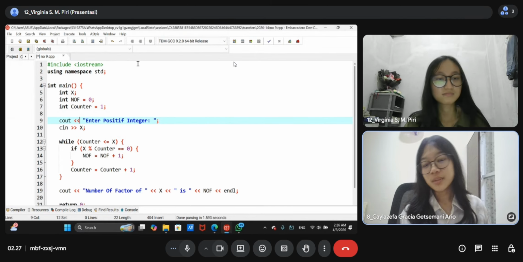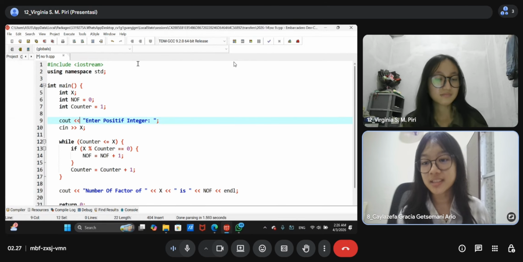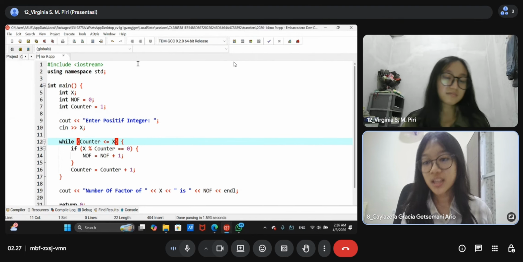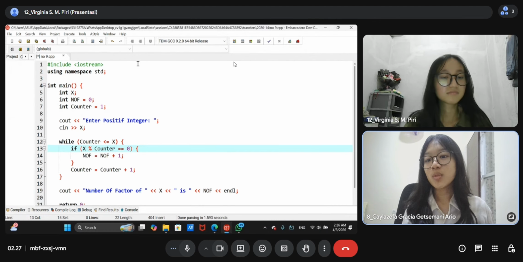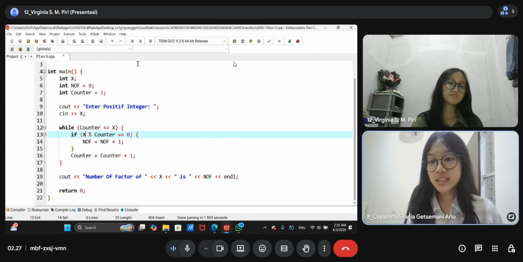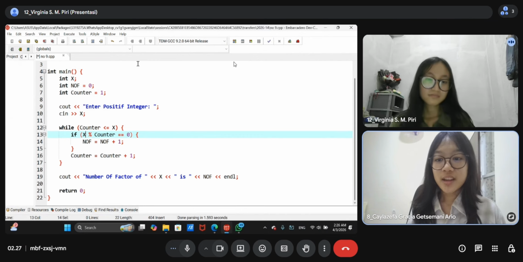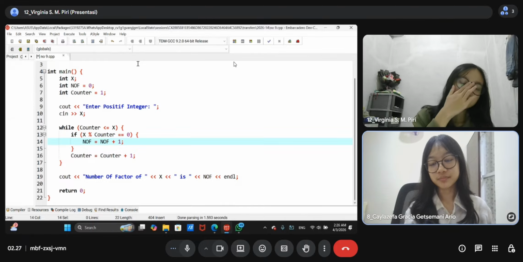In the main program, while the counter is less than or equal to x, the program will ask: is x modulo counter equal to 0? If yes, the number of factors will be increased by 1.